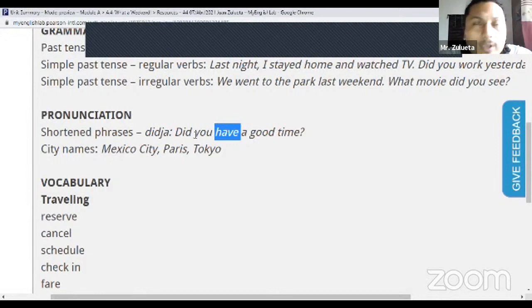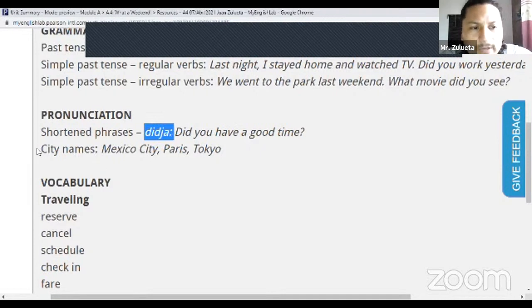And bueno, when speaking, cuando se habla, when pronouncing and trying to become a fluent speaker, most of the people, at least in American English, do not usually say did you. They say dicha. Did you go to the school? Okay, it's faster. Did you play? Did you eat chicken, etc. Okay, so that's the pronunciation dicha.